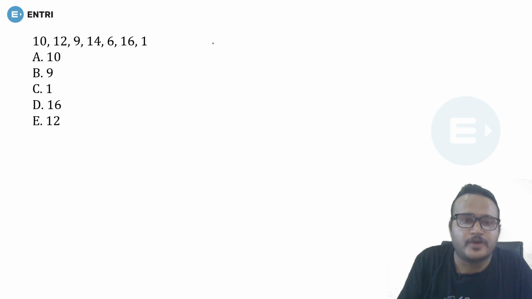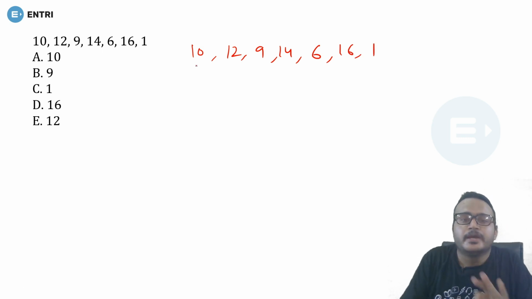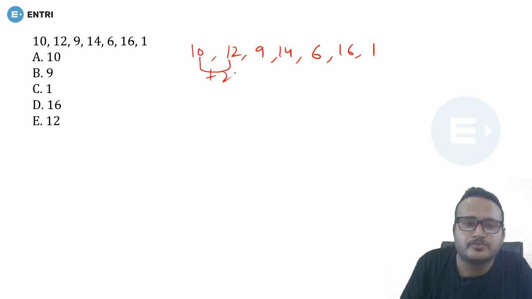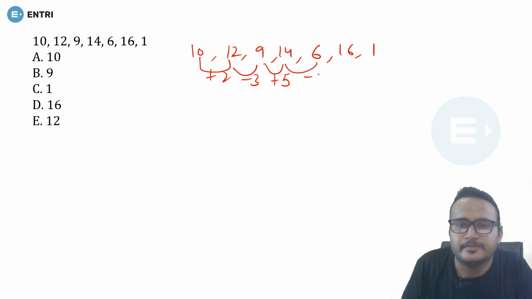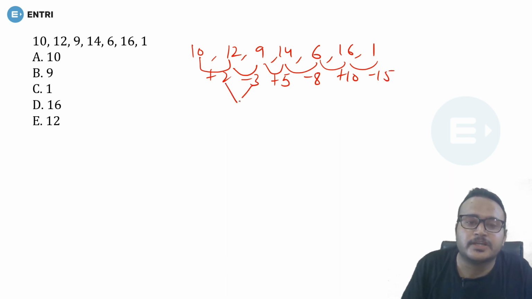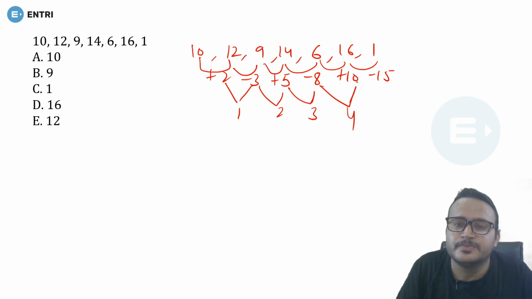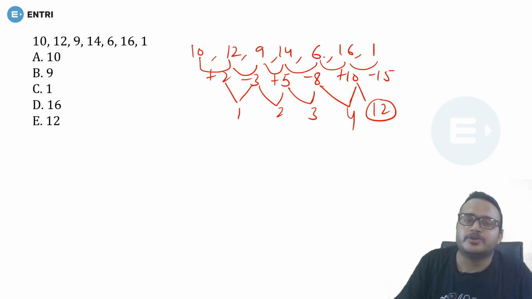So guys, the next question you have 10, 12, 9, 14, 6, 16 and 1. This is plus 2, this is minus 3, this is plus 5, this is minus 8, this is plus 10, and this is minus 15. So guys, this is the difference of 1, difference of 2, difference of 3. So here must be difference of 4. So guys, you must have 12 rather than 10, because 6 plus 12